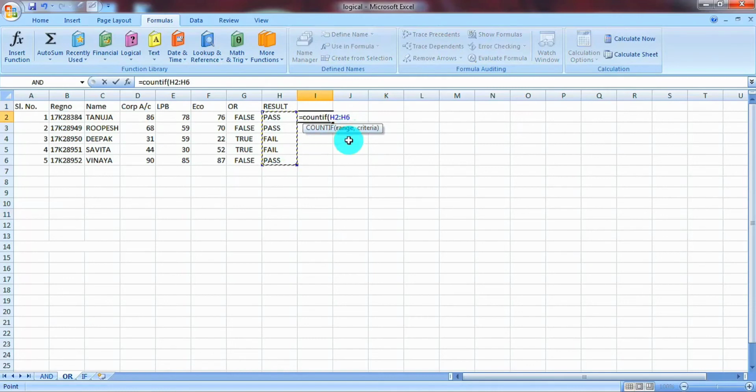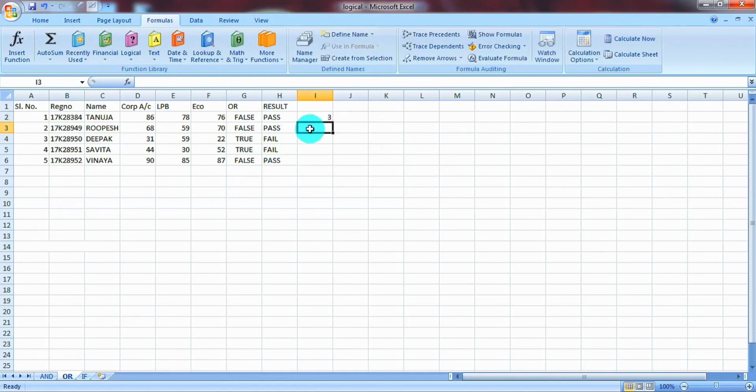Next argument, first put comma, the next argument is criteria. Here criteria is within double quotes pass. You can also write equal to pass. In this case, it will count the cells where the result is pass. Here the count is 3. 3 is returned as output.